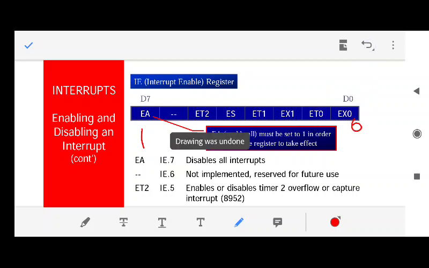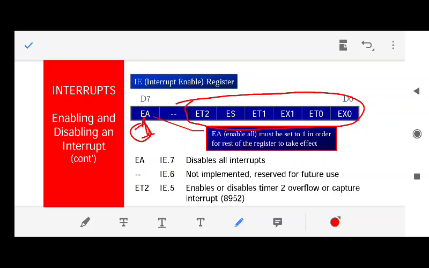Whenever they are 0, that particular interrupt is disabled. Whenever they are 1, that particular interrupt is enabled. But whether they are enabled or disabled will be checked only when this bit is 1. If this bit is 0, that means all the bits will not be checked. That means irrespective of whether these values are 1 or 0, all the interrupts are